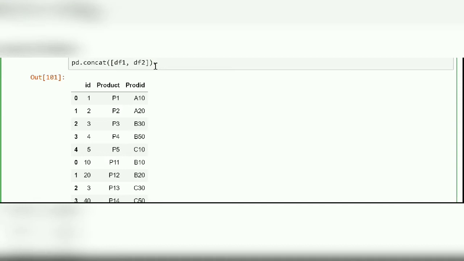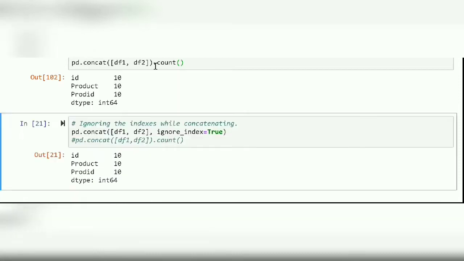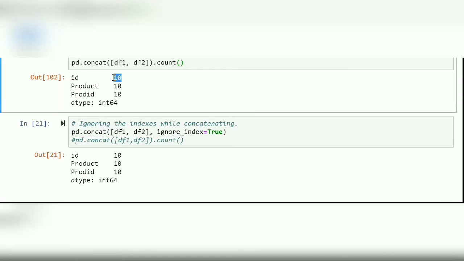Now, let's just verify this. If I want to know the count of the values, I can simply combine it with a count function. So this will tell me that there are 10 rows in ID, 10 in product, and 10 in prod ID. So this is how we are combining.